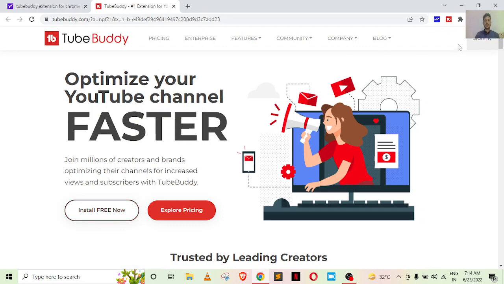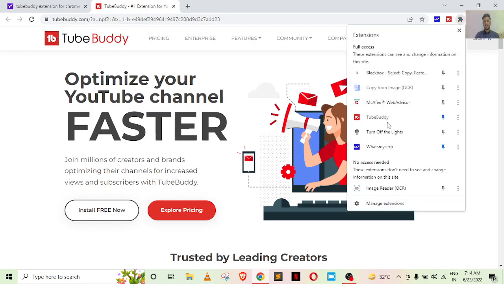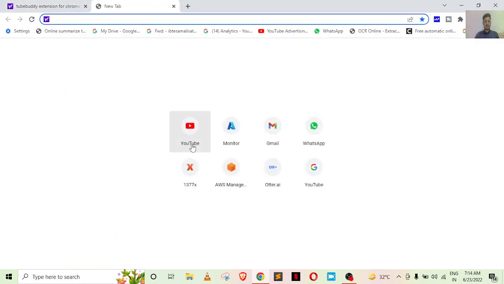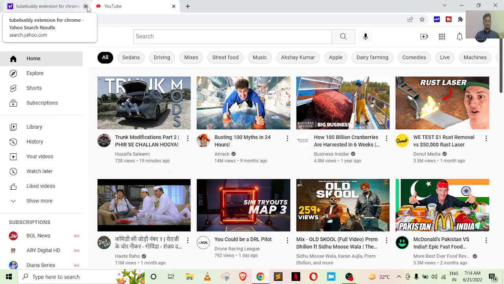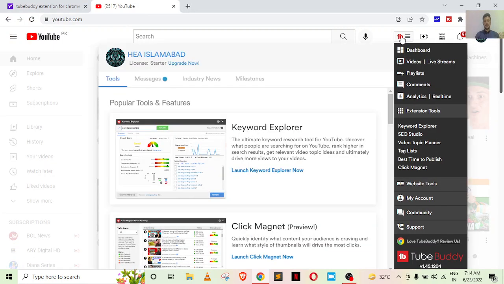When you install it, then you have to click that button named extension, and there is TubeBuddy. And next, you have to open YouTube, and there is the symbol of TubeBuddy, and open it. Now you have to search. When you open it, you can see that there is an option of keyword explorer, and then you have to push launch keyword explorer now,